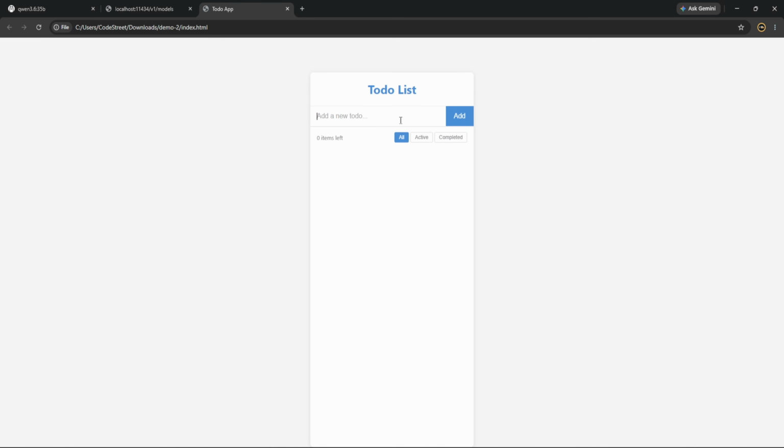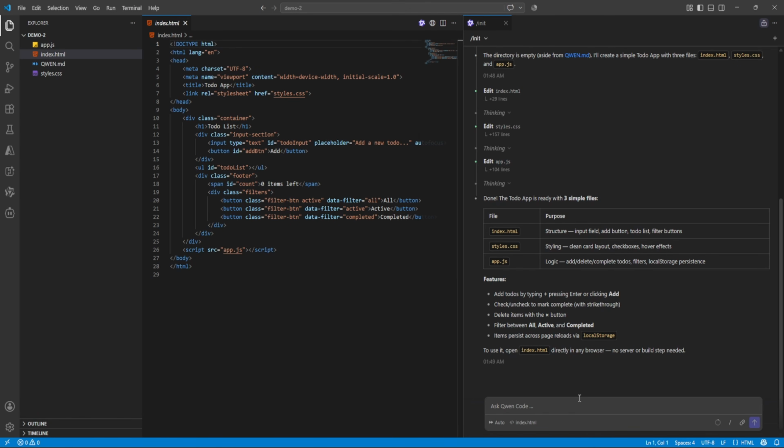Very nice. Wow. Let me ask for even more. Actually, it's very interesting. Can you apply dark mode CSS and make it responsive?